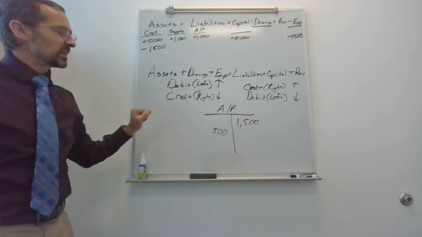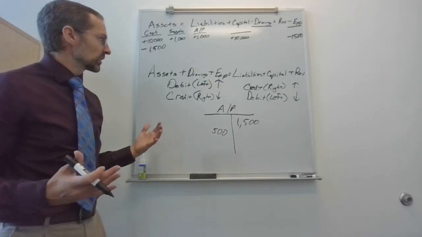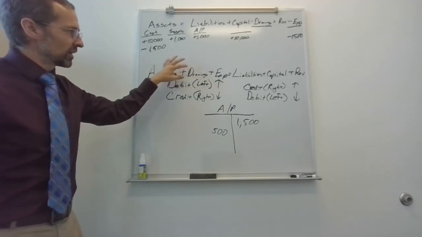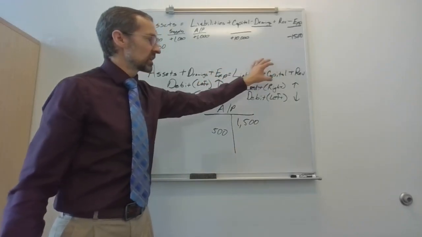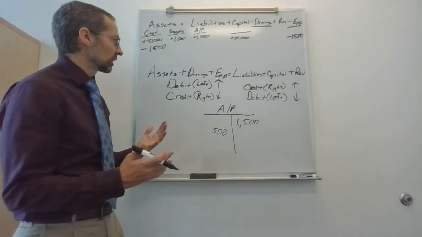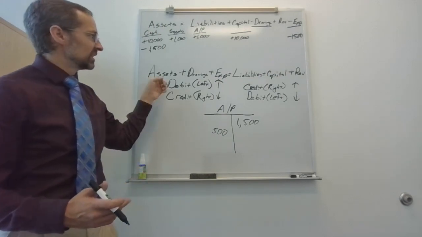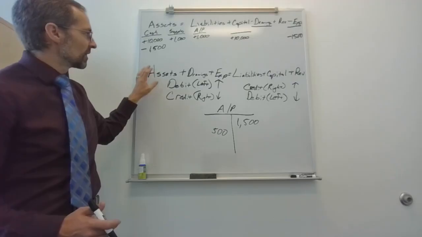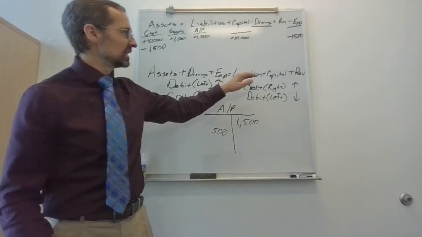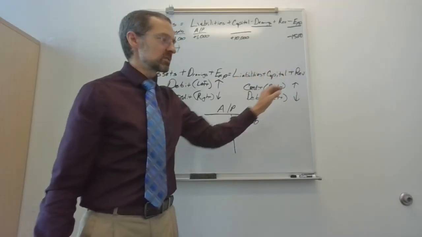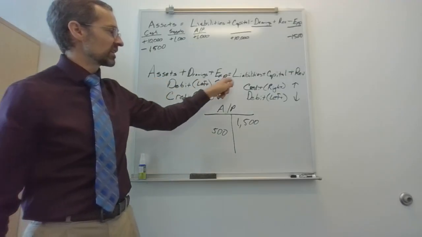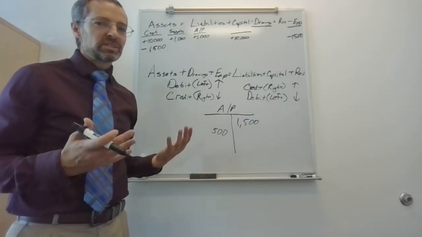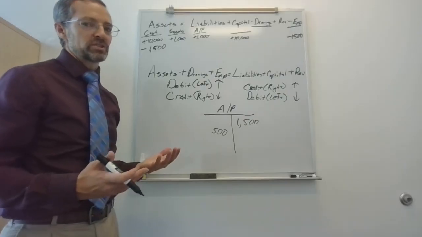So the mathematical reasoning behind this, and why the debits always have to equal the credits. If an asset goes up, guess what? Something either on this side needs to go down, or something on this side goes up, right? So to make our equation work. So if assets go up 10,000, either drawings or expenses or another asset goes down 10,000, so debits equal credits. Or if my cash goes up 10,000, something over here went up 10,000. So I would have a debit to cash and a credit to something over here. So that's the mathematical reasoning. If my debits equal my credits, I know the equation works.